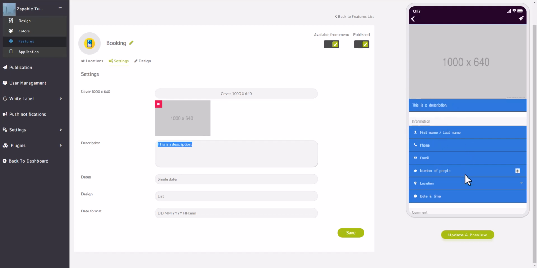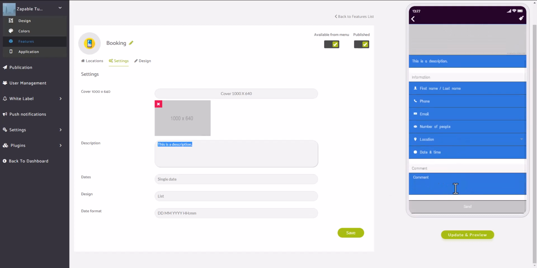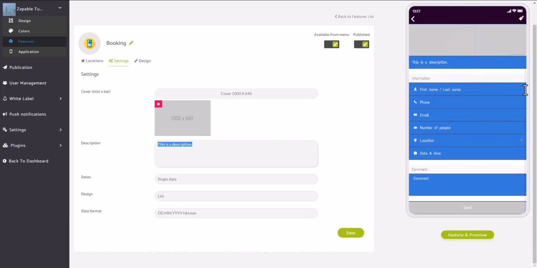Then we've got the information here where it's asking about the booking itself. And if we scroll down, we've got a comment section here as well, where the person can leave any additional notes that they want. So this is, as I said, the list design. As you can see, it's sort of edge to edge. If we choose the card design and save,